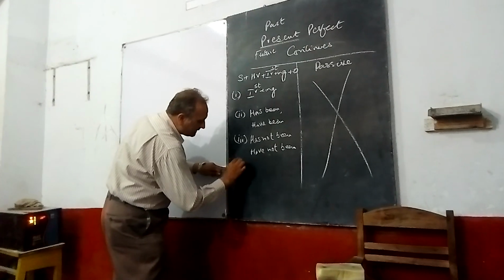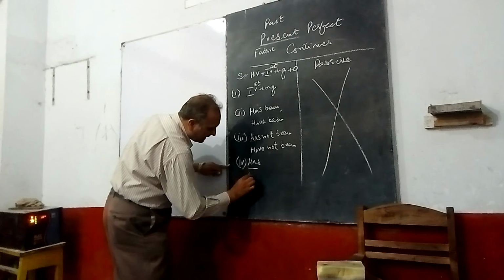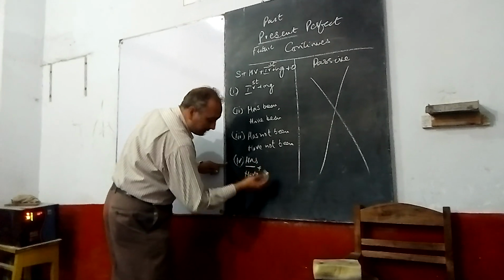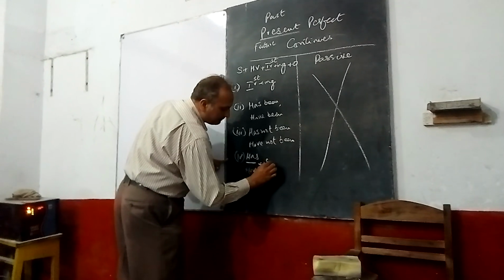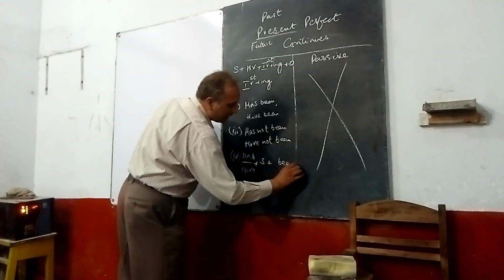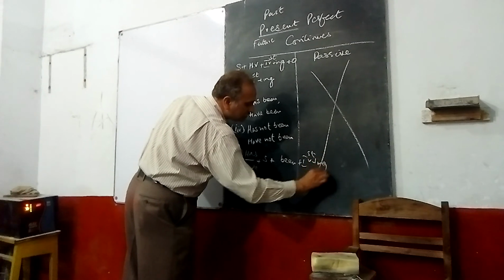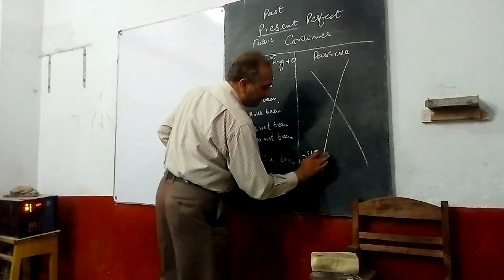And when we make the sentence interrogative, obviously we place has and have at the beginning of the sentence, then we place subject, then been, then the first form of verb plus ing,